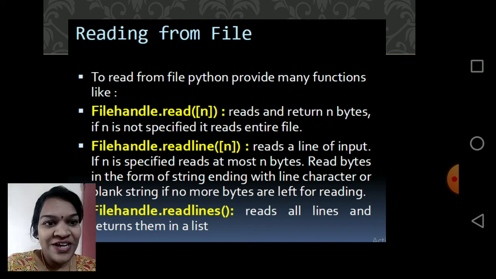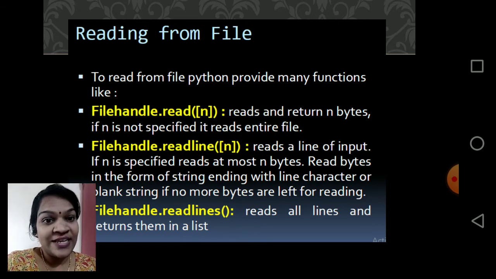So the read function reads the number of bytes specified inside the brackets from the file. Then comes the read line function. What is the difference between read and read line?